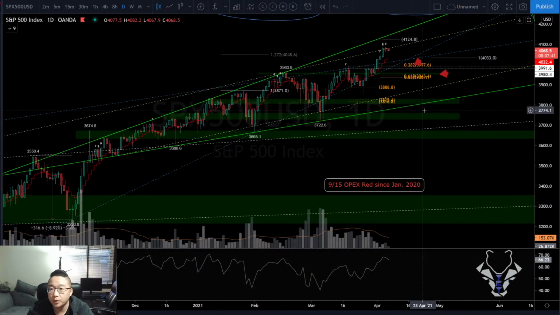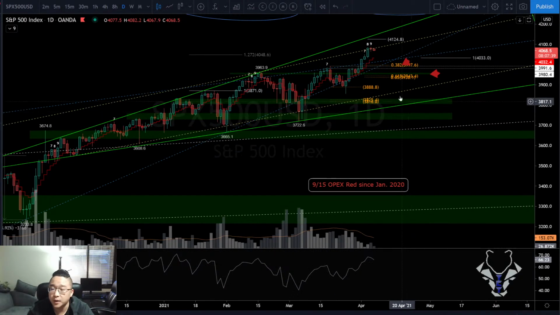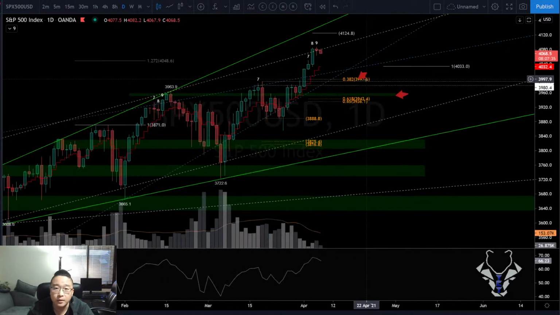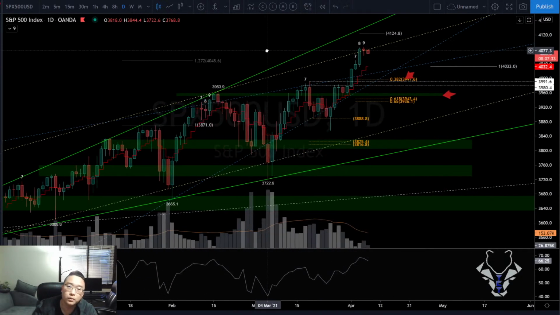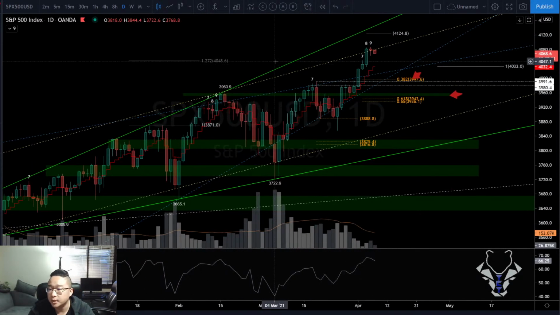Have both your bull as well as the bear thesis ready. Make sure you have a game plan ready for what you're going to be doing in both case scenarios. So let's take a look at some